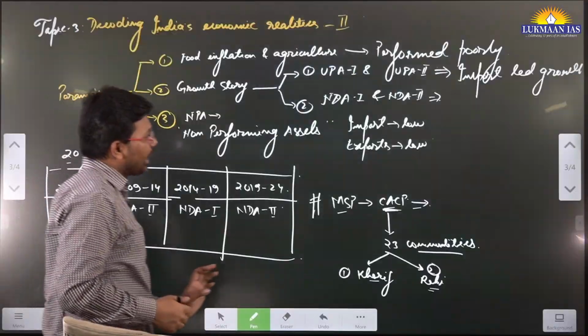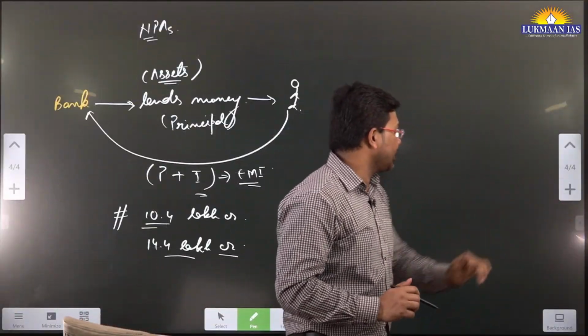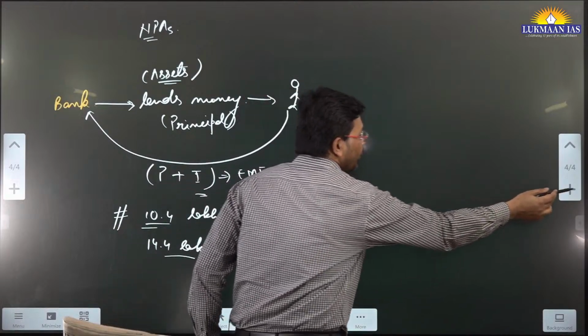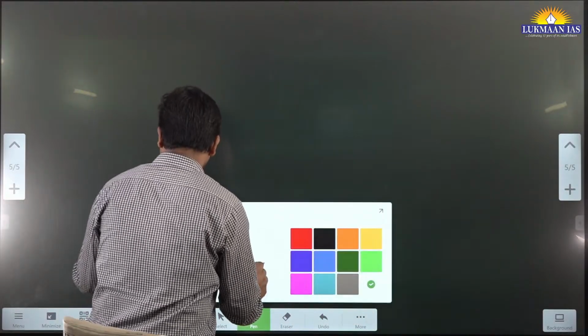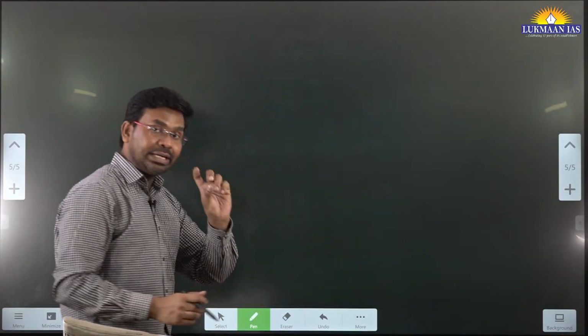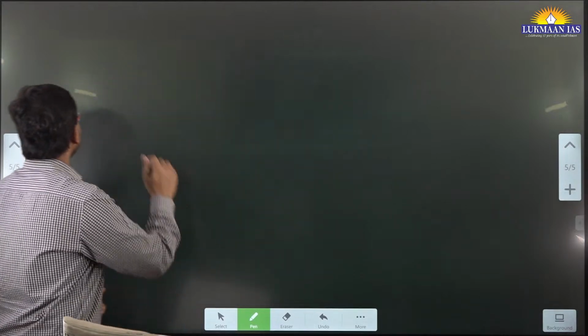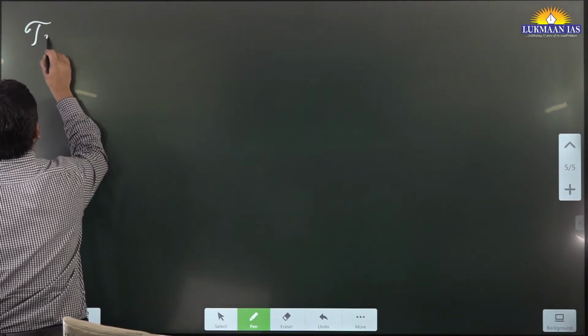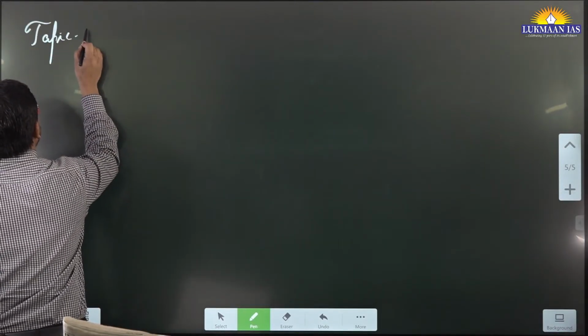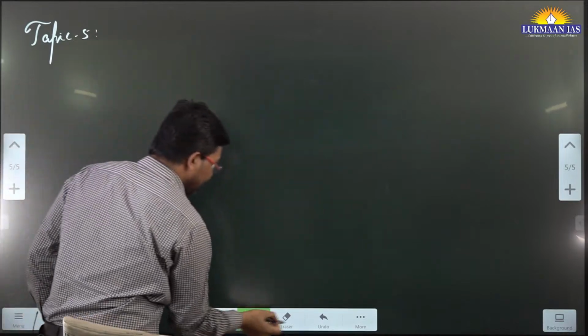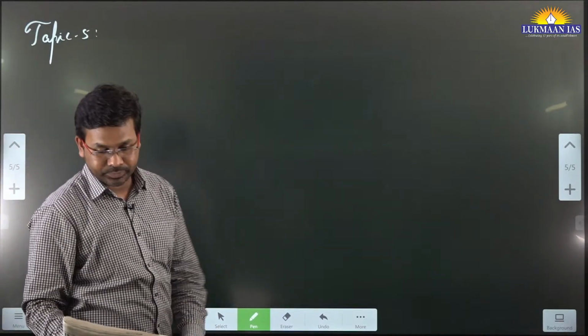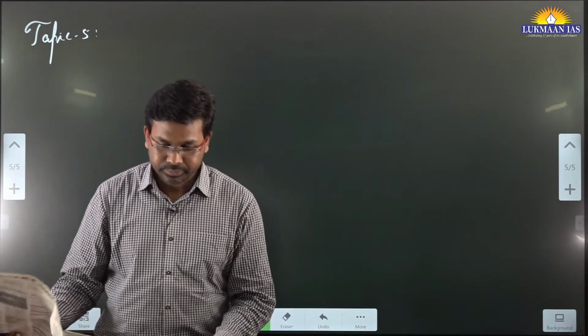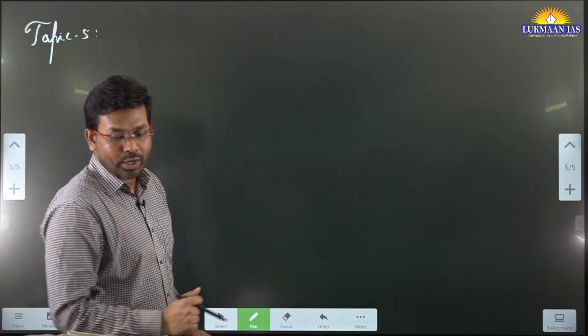So let me write it down. There will be some issues that are important for us to look into. So I'm going to write the title of the article, and I'm going to clearly write what the important parts from this article are. This is topic number 5. I'm just writing. Gandhi's Ram is not in the Ram Mandir.